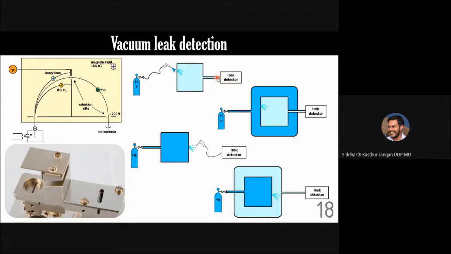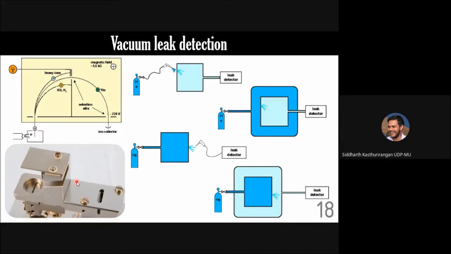Basically, once the helium gas enters from the chamber and enters through this into the leak detector, what it undergoes is the following. The gas comes, let us say, from the bottom. It gets bombarded by an electron beam which is inbuilt as part of this leak detector, gets ionized, and that ionized helium passes through a region of electric field such that the electric field value is chosen to bend only the helium through this hole, and then it enters into an ion detector.